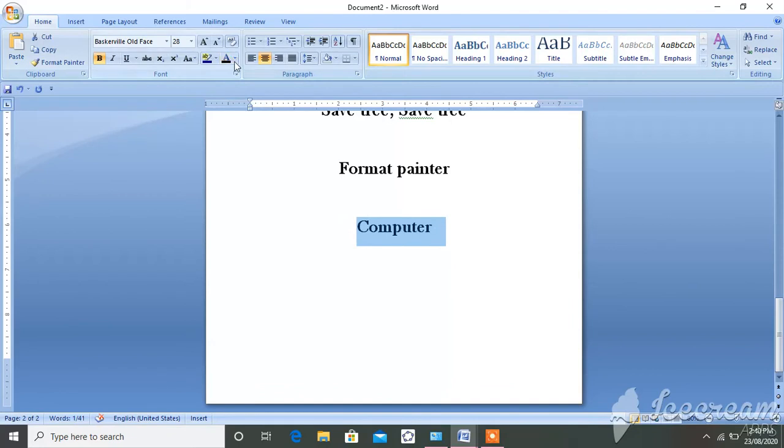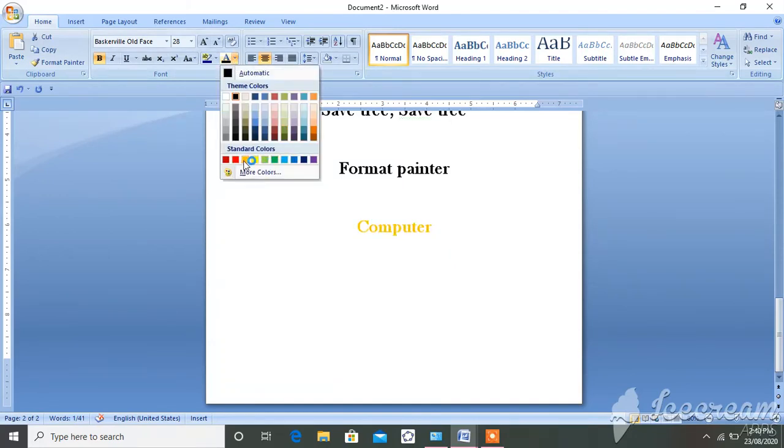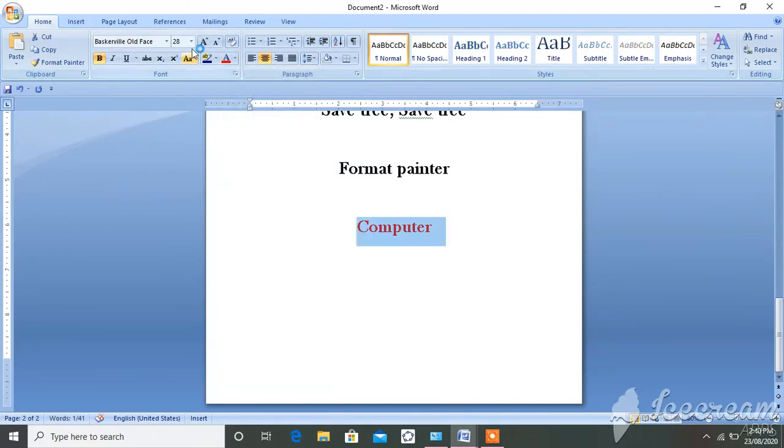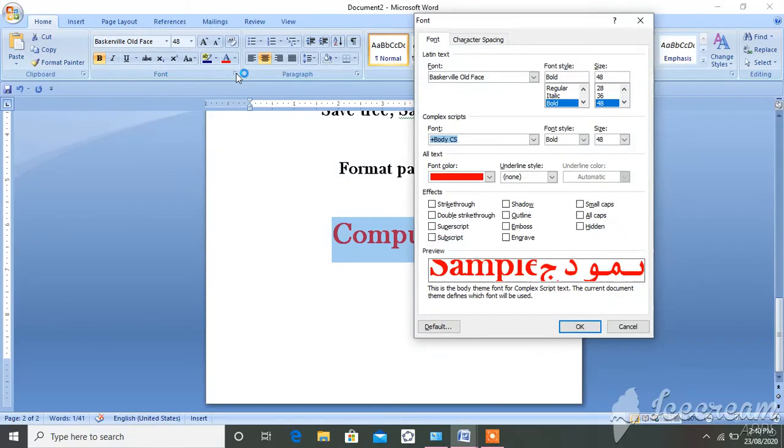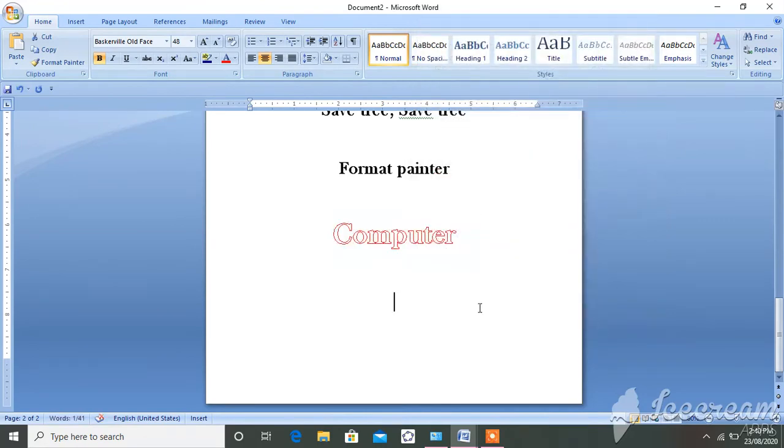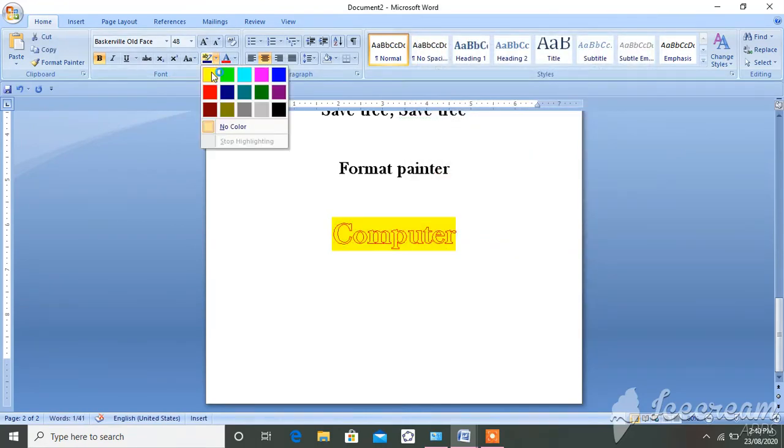I will give the color. I will make it big. I will even apply the effect also, outline. Then I will give the background.